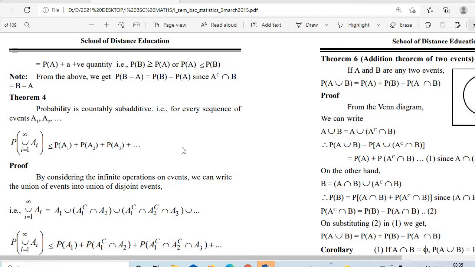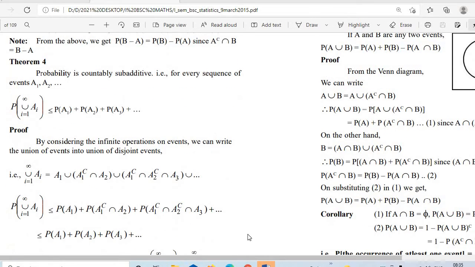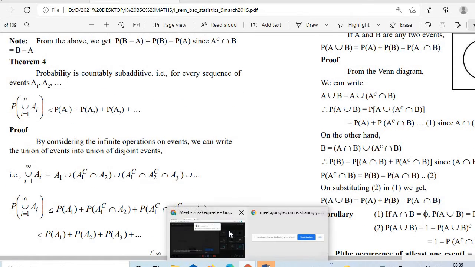Probability is countably subadditive. That is, for every sequence of events A1 etc., probability of union i from 1 to n A_i is less than or equal to probability of A1 plus